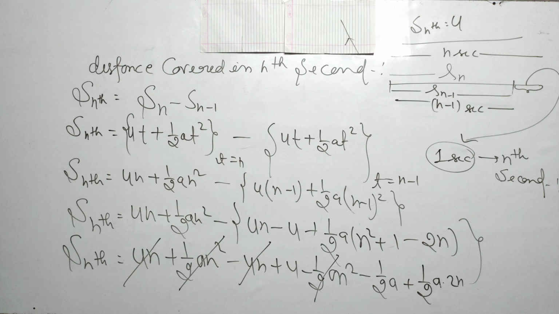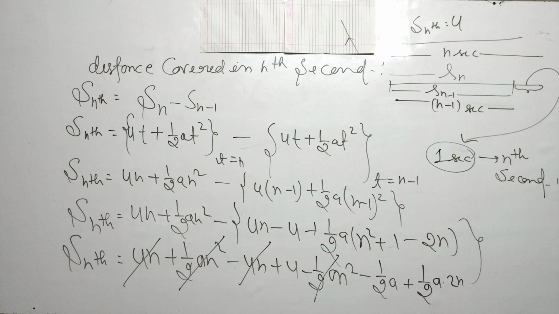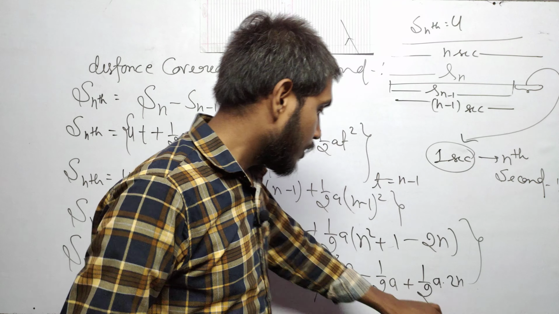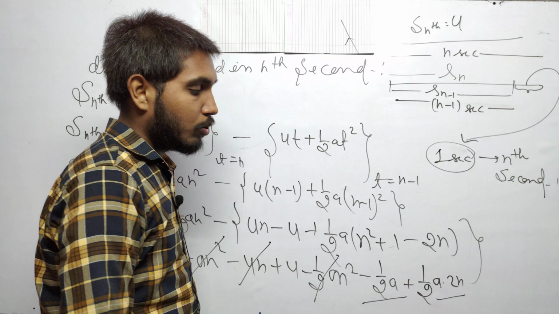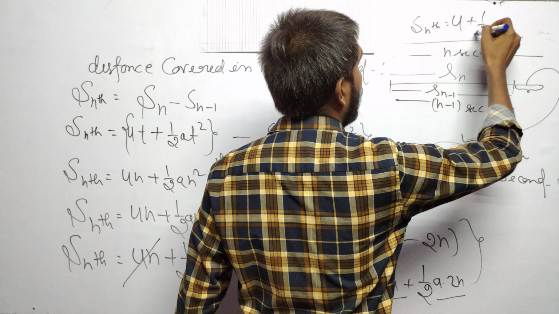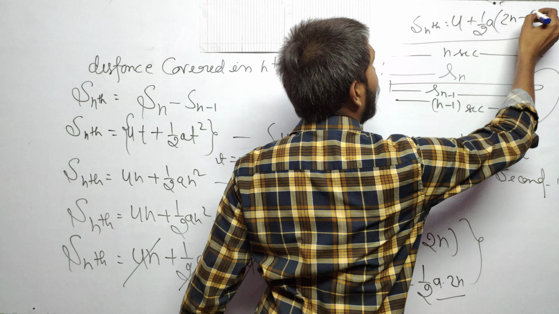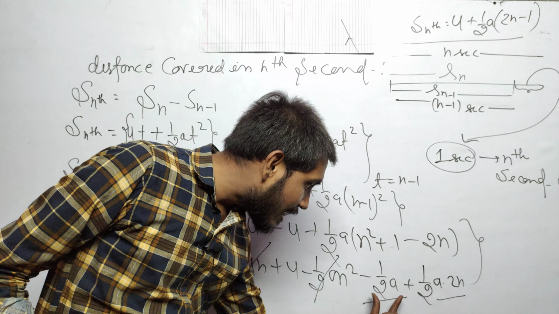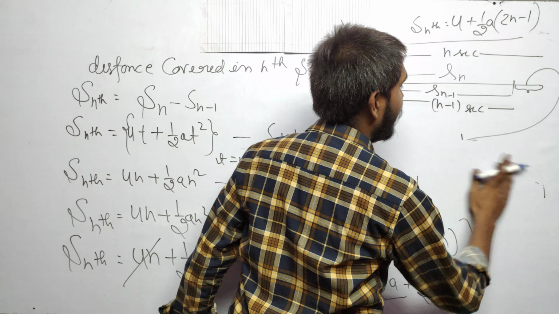Okay, so now let's see. One minute, after deleting this. Dear students, please see this. When I take half a common in both, half a, here remains 2n minus 1. 2n remains, half a common, this is minus 1. So that is the distance covered in nth second,